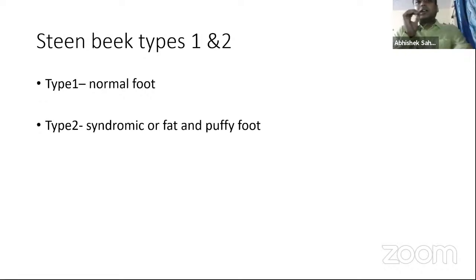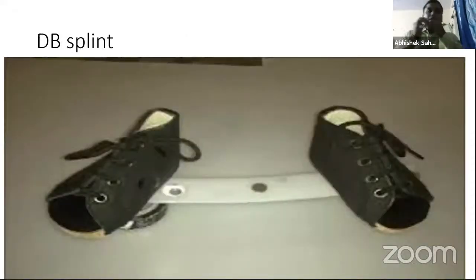Well, it is not very popular in our country so far, because in our day-to-day practice, we are using the DB splint. We have been taught by our seniors how to use it, and we are far more familiar and comfortable with the DB splint. Now, this is our DB splint, the abduction brace, and you can see the shoes in that. Now I just wanted to have a little talk about the other braces which we uncommonly use, but maybe during our practice we might be able to see a few.